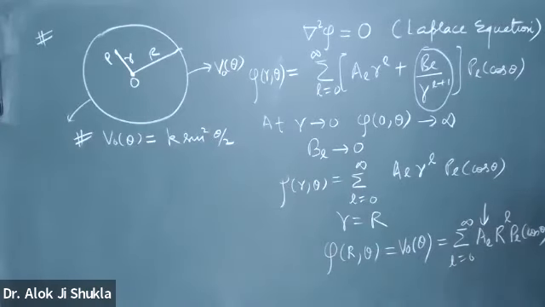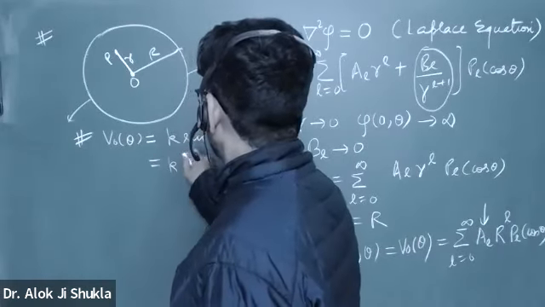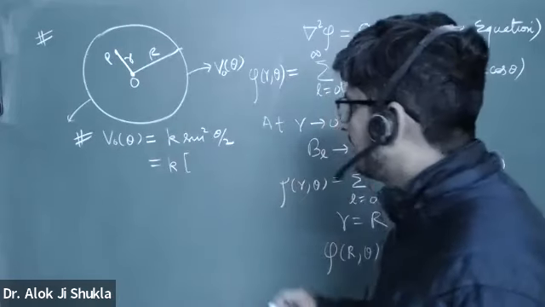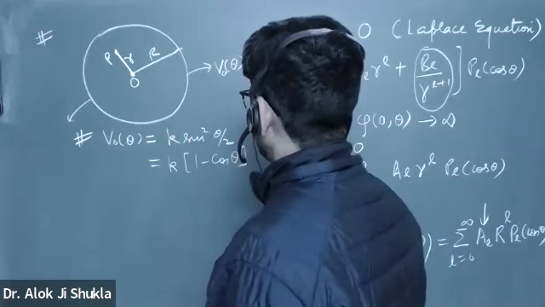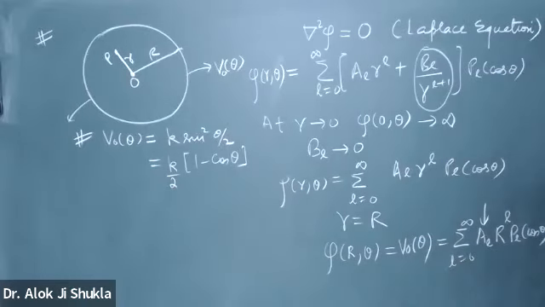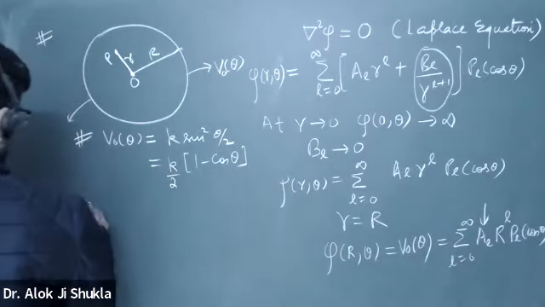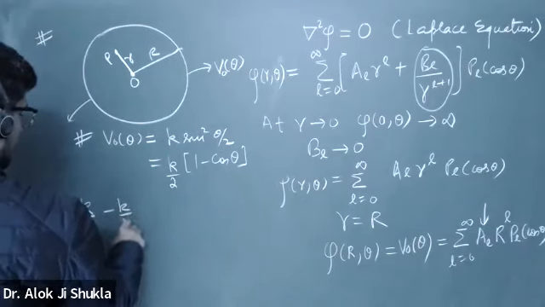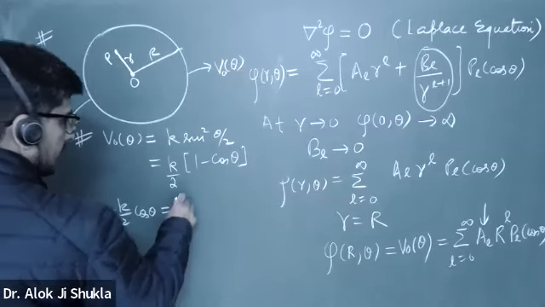So how can you write this? K. Does anybody remember how to write this? Sine square theta by 2 is 1 minus cos theta, divided by 2. It will become this. Now please see here, put it here. So you will get K by 2 minus K by 2 cos theta, equal to, open it here, A0 P0 cos theta